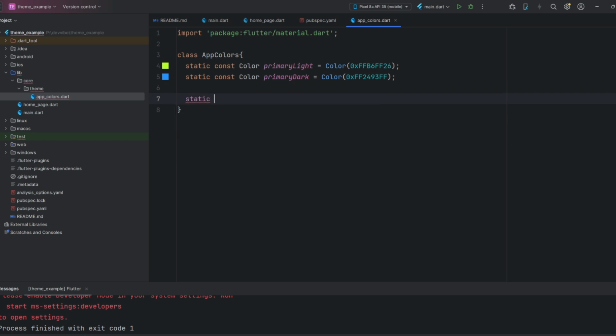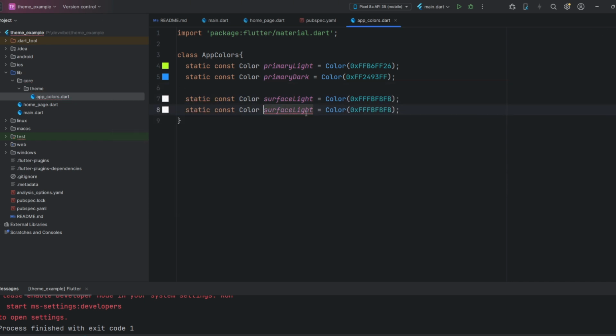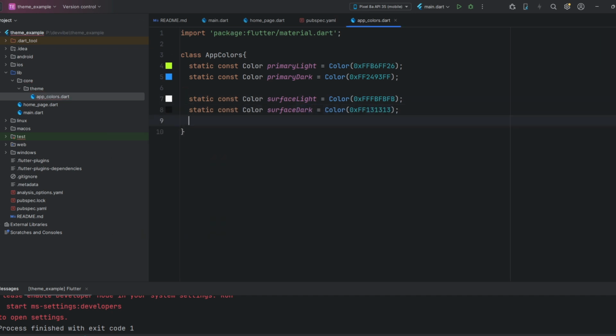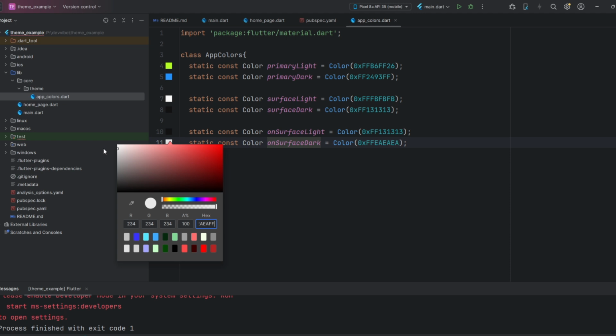Then we'll define surface colors. This will be the background color, used for example in Scaffold. Again, we create two versions, white for light theme and a dark color for dark theme. Next, we define on surface colors. This color will mostly be used for text and icons. It should contrast with the background color, so we'll use dark colors for the light theme and light colors for